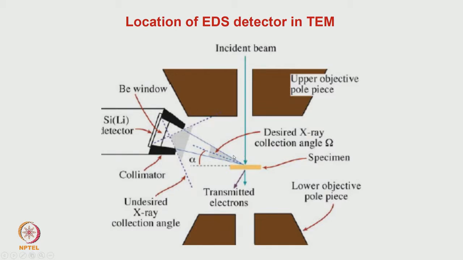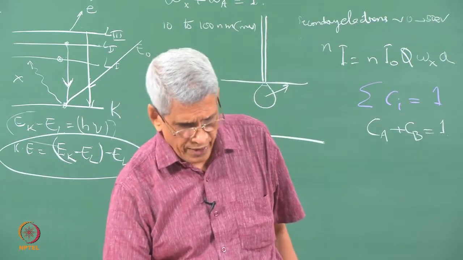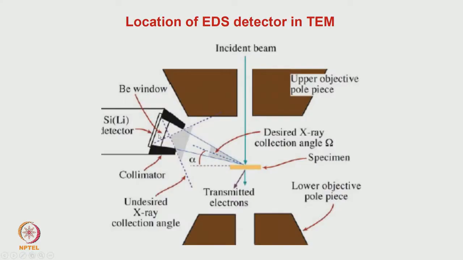So, up to some certain angle, the absorption is very small, which can be neglected. So, that angle, in the case of a microscope, is about 30 degrees. Okay. So, that is what essentially is being done: the detector should be kept at an angle so that it subtends an angle, this alpha, which is around 30 degrees. Okay.